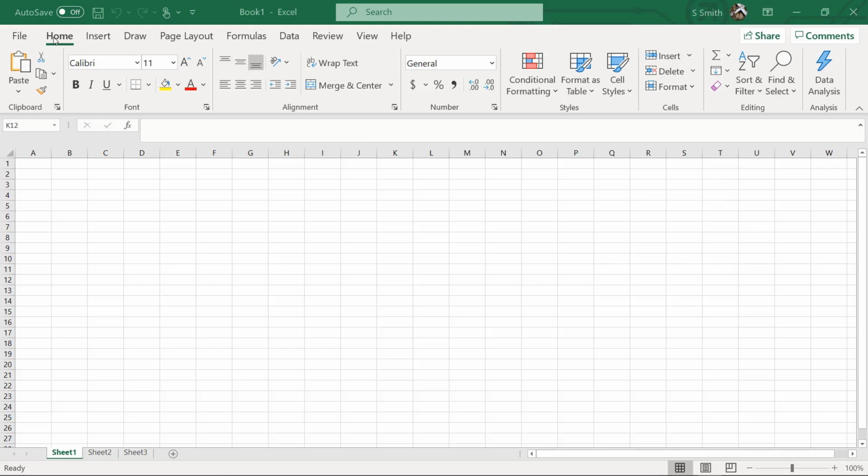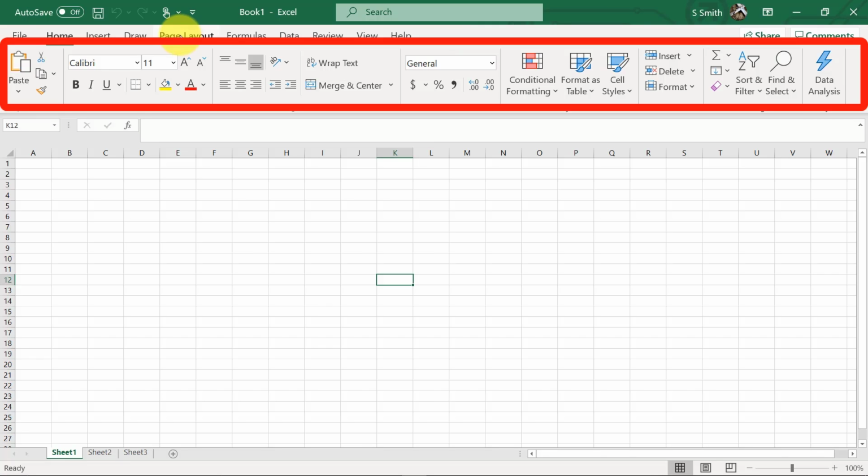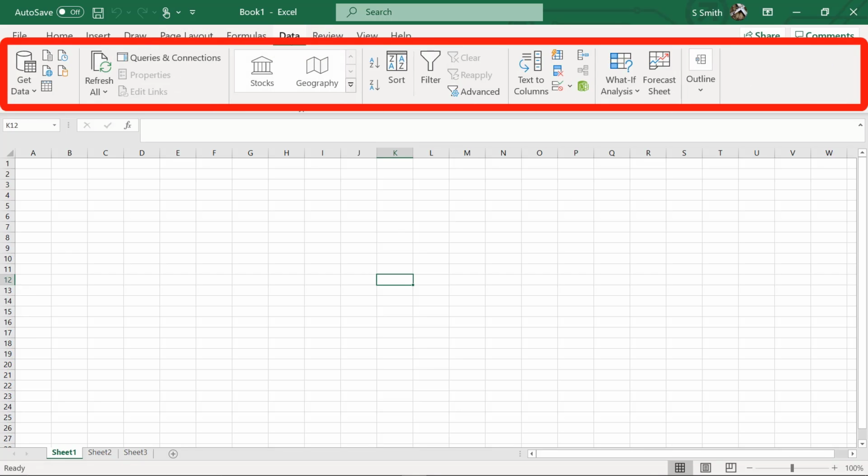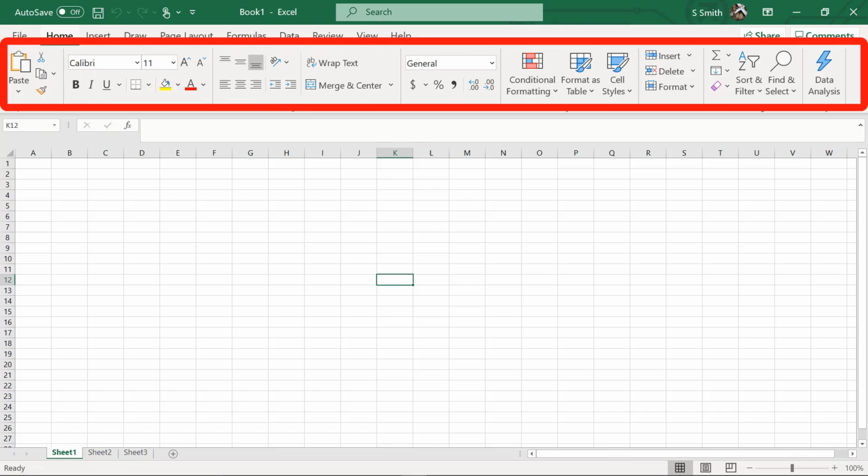I'd like to give you a few more definitions for terms that are commonly used in Excel to manipulate your cells and your spreadsheets. Look across the top of the screen. You will see some words like home, insert, draw, etc. These used to be called menus, but they are now called tabs. So if I click on various tabs, I will see the screen change on the top. If I click on the data tab, and then I click on the home tab, I get a bunch of different options listed below. This changing screen below is called the ribbon.